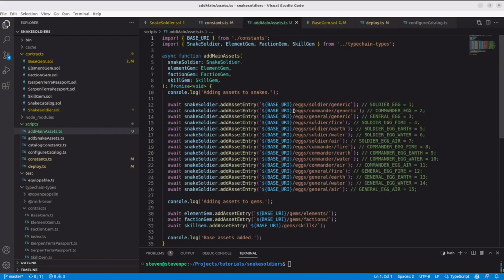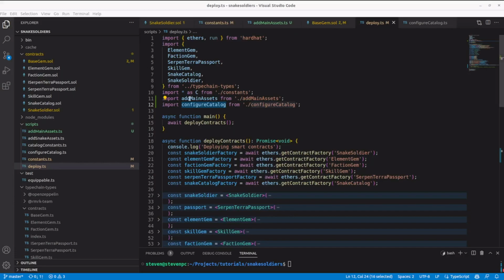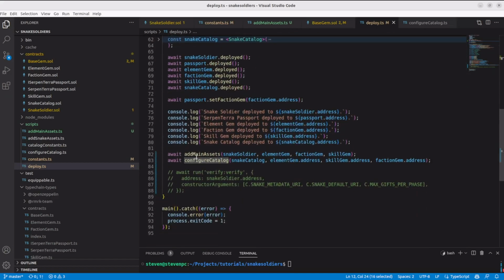By adding them here in the right order, we guarantee that they will have the expected IDs. Similarly for the gems, we expected the main asset ID to be 1. By being the first we add, we guarantee that it will be the expected one. Going back to our deploy script, I imported the function we just created and the configure catalog we saw in the previous video, and I will simply run them here after we've deployed all the contracts.